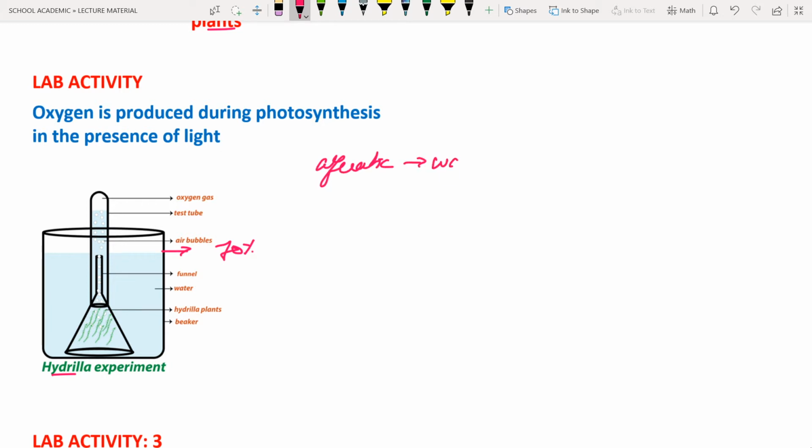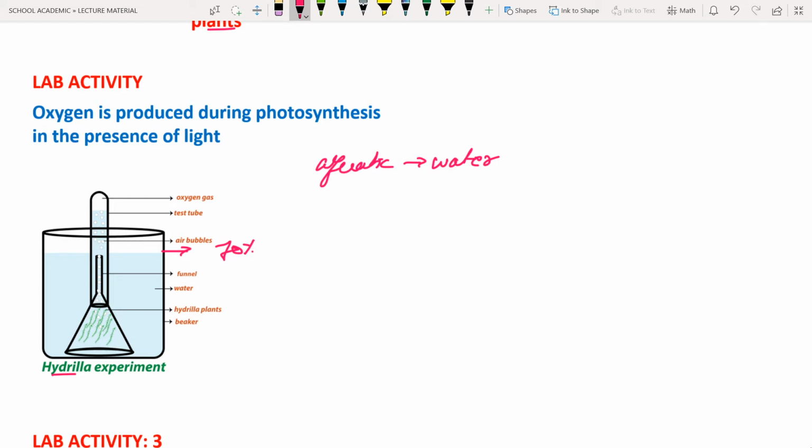And what is a plant? A plant is a photosynthetic organism. So any plant which is capable of living in water is known as an aquatic plant. Have you ever heard the term aqua purifier? An aqua purifier is a machine which purifies water. In the same way, hydrilla is an aquatic plant, and we have to bring a few hydrilla plants from any pond. If you go to any pond or water body, there you can see hydrilla plants.